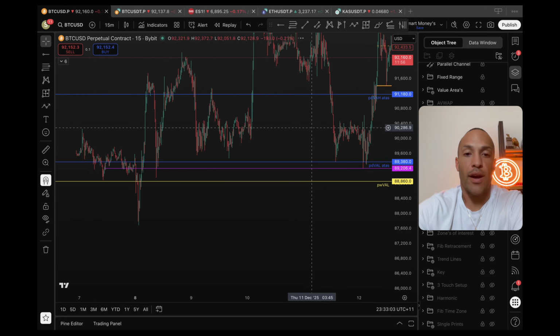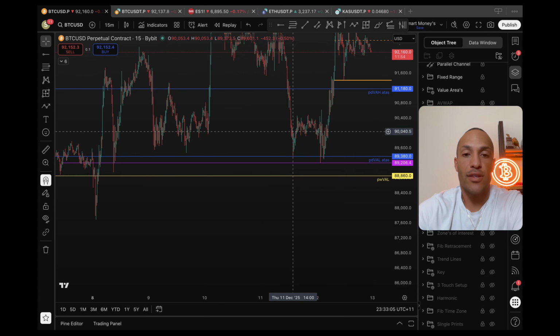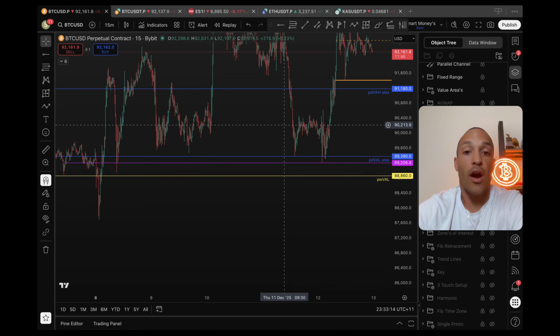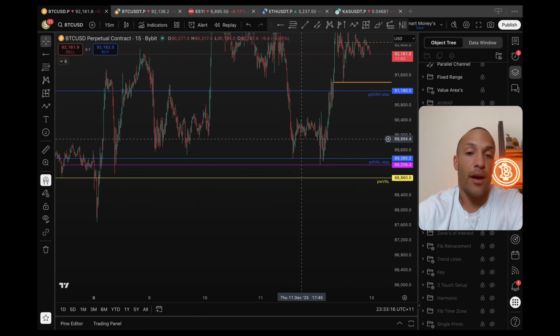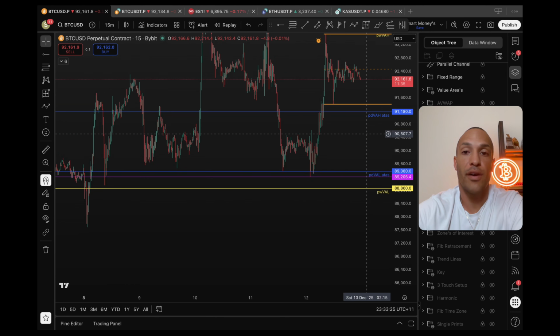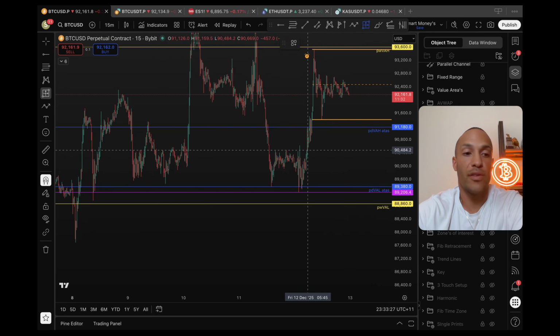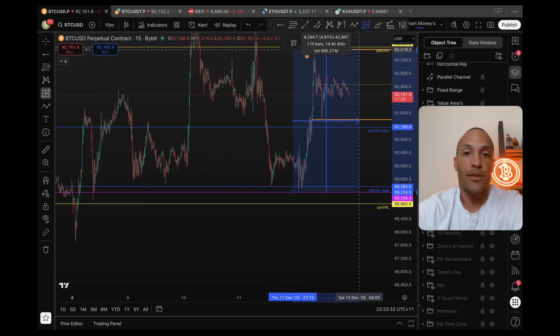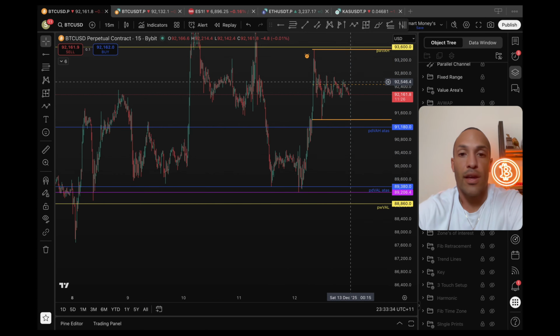And we had identified that during the Asian session, we had come and we had front ran this daily naked level at 89,206. So I was explaining to you all how I thought price could come down, SFP this level, hit the daily, and then get the reversal. And that is exactly what happened. We've had a really nice move to the upside. So that resulted in a 5% move. And now we're